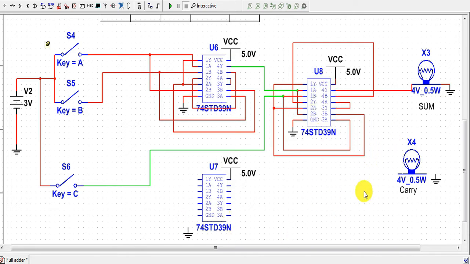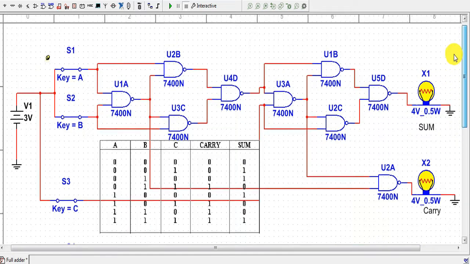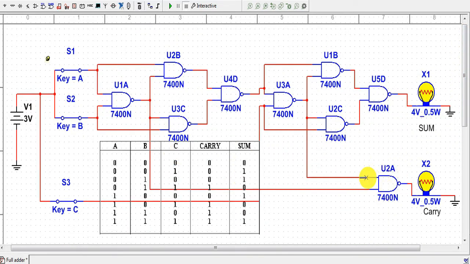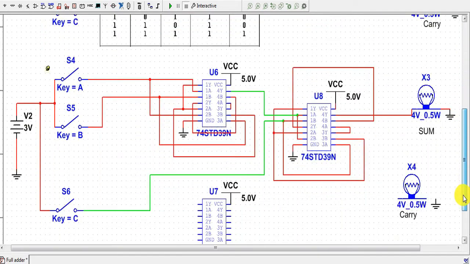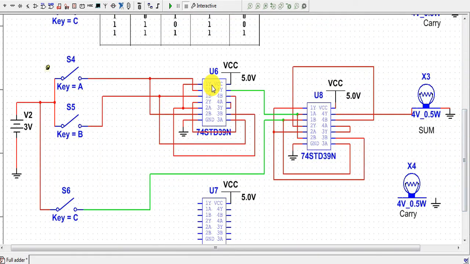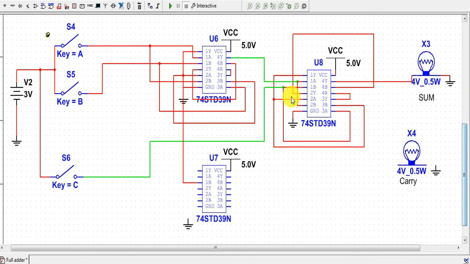So we have performed the connection for the sum bit. Now for the carry bit, let's refer to the earlier diagram. For the carry bit, we will connect one terminal coming out, that is the output of the first NAND gate, and the second, that is the output of the fifth NAND gate. So in this connection also, the output of the first NAND gate, Y1, is connected to one of the input terminals of the NAND gate, and Y5 is connected to the second terminal